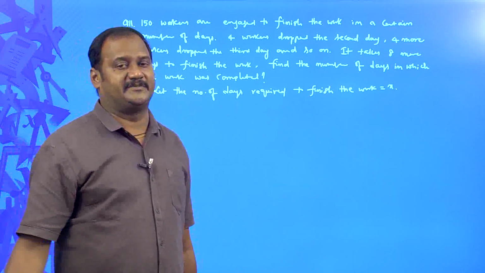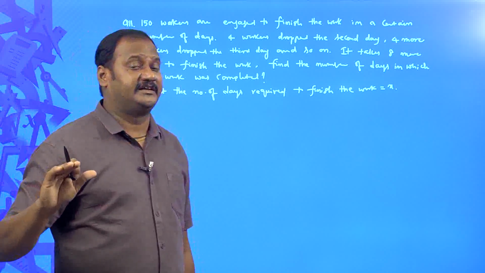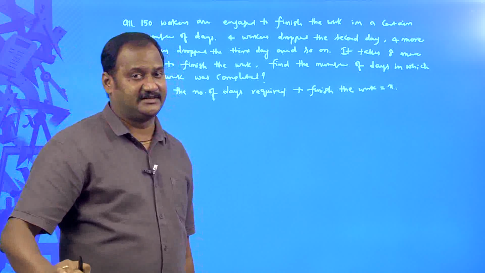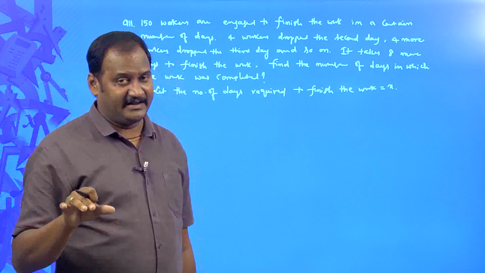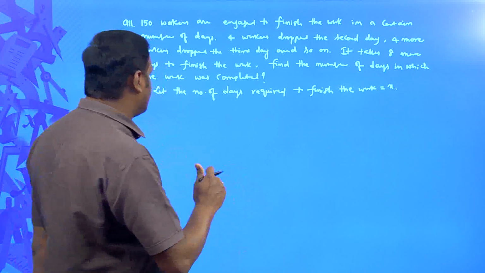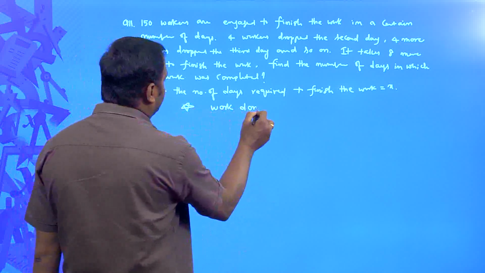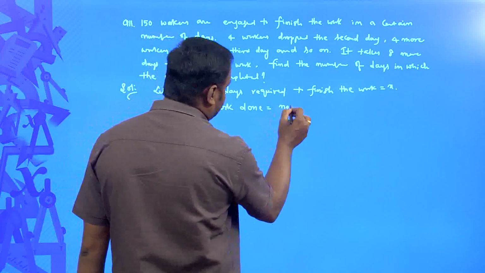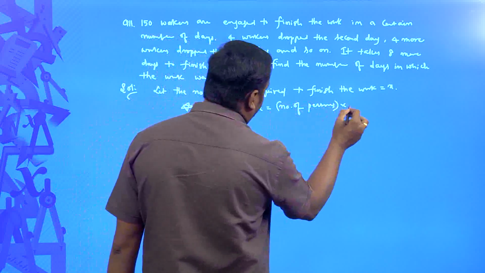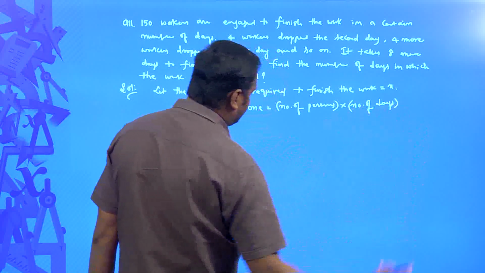See, here I am going to find out the work. Suppose there are x days and 150 people, then definitely I can finish that work. How much is that work? The work is going to be the total number of persons as well as the working days. The work can be calculated by the number of persons into the number of working days. That is my key point to answer this problem. I am going to find out the work done. So, the work done is equal to the number of persons multiplied by the number of days. Number of persons multiplied by number of days would be the total work.